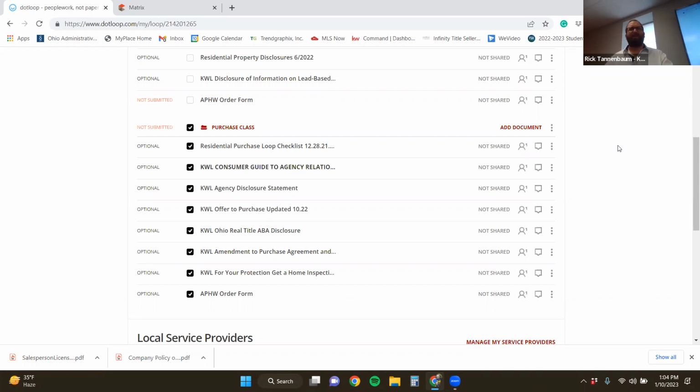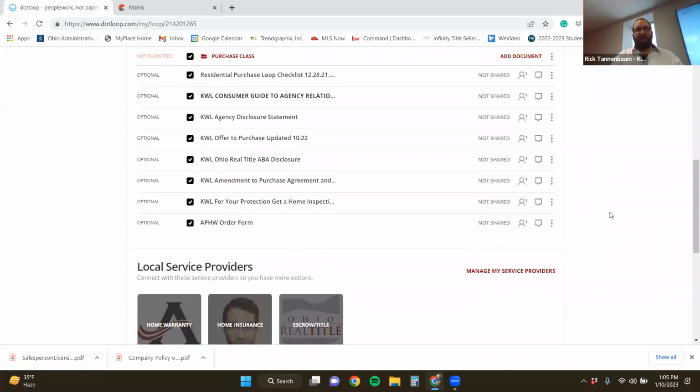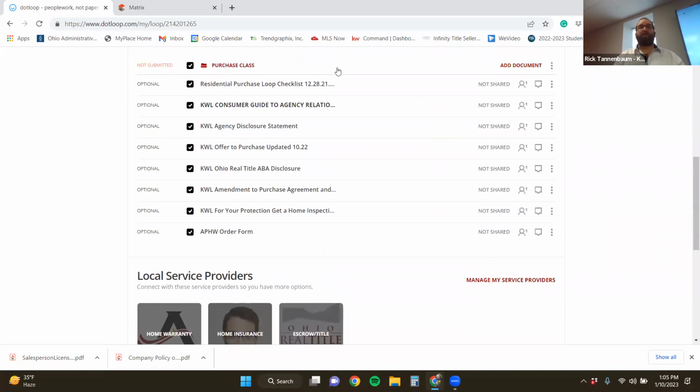There's a way to do it with templates. Don't ask me how, because I don't know how to pull the templates in. I always just add the documents that I know I need in there. So these are the documents that I add to a purchase agreement. So when I'm writing an offer, the first thing we need